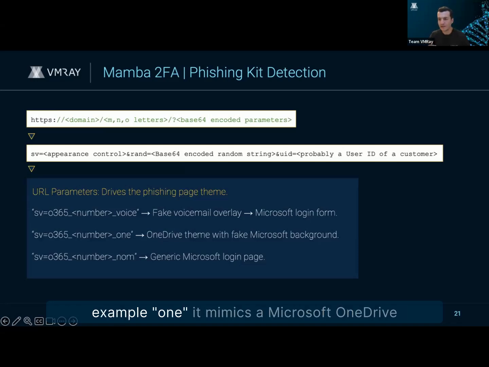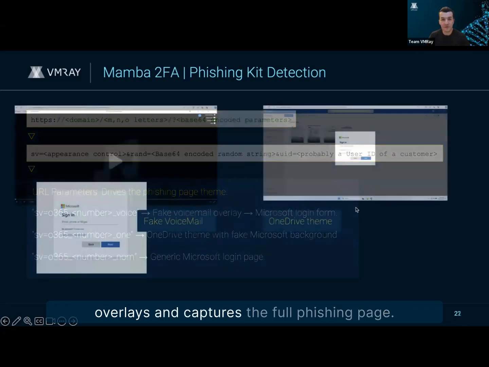or use, for example, it mimics a Microsoft OneDrive login page, or with NOM just for generic Microsoft login form. So this gives the flexibility to the attacker, so that they can adjust the phishing page according to the victim. So they will be able to personalize. And again, Auto UI automatically navigates through the layers, clicks the buttons, dismisses the overlays, and captures the full phishing